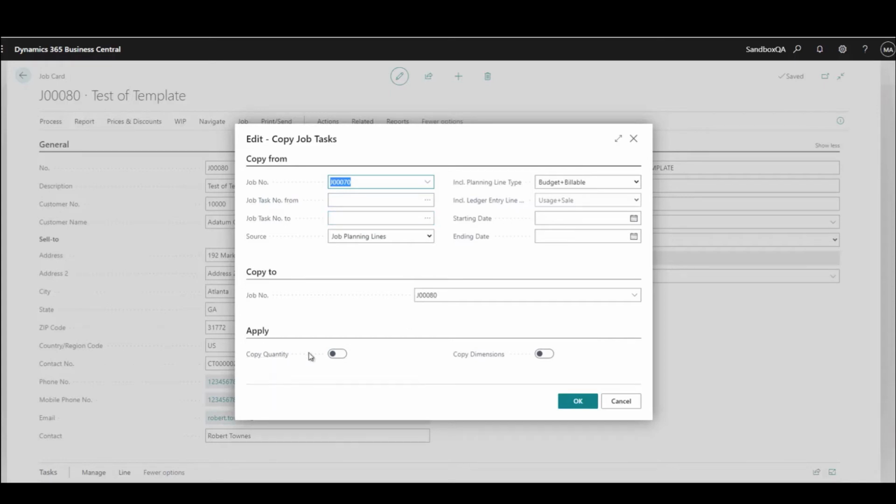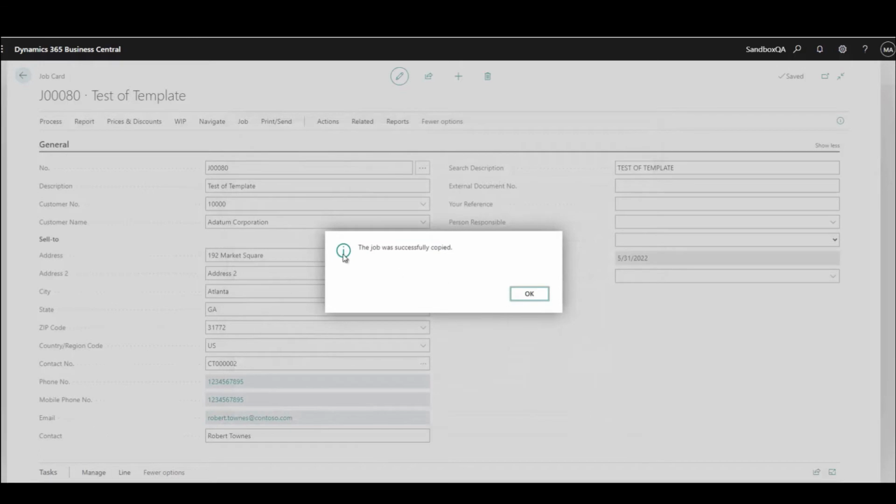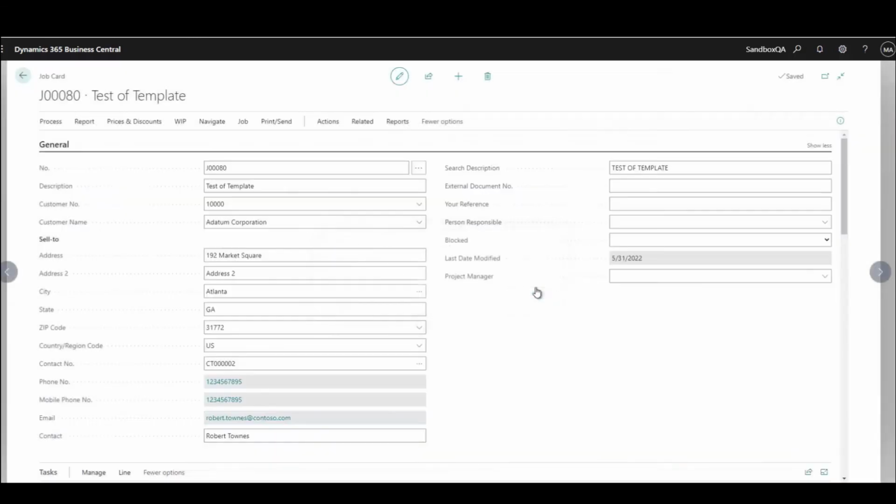I'm going to copy quantities with it, so I could leave the quantities blank if I wanted to. And I'm also going to copy dimensions here. I'm going to simply say OK. And this is now going to, it says the job was successfully copied. And now my new job of